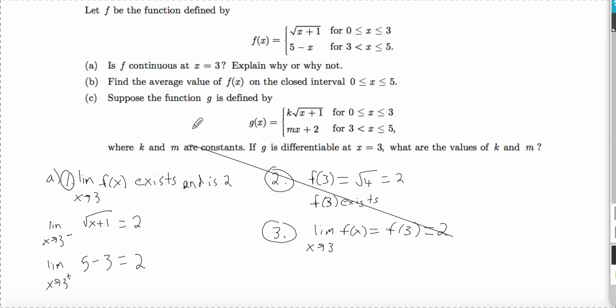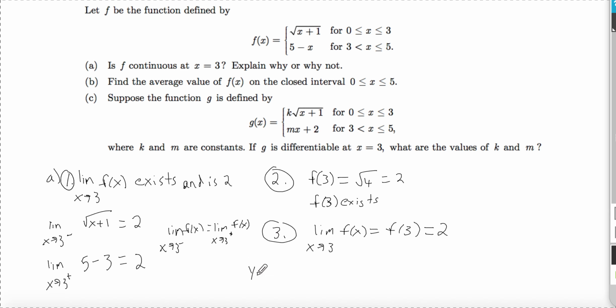I guess if I want to make this a little stronger, I should probably add over here, just so they know I'm aware of this, that the limit as x approaches 3 from the left of f of x equals the limit as x approaches 3 from the right of f of x. All right. So what have I shown now? It does look like our function's continuous, so I can say